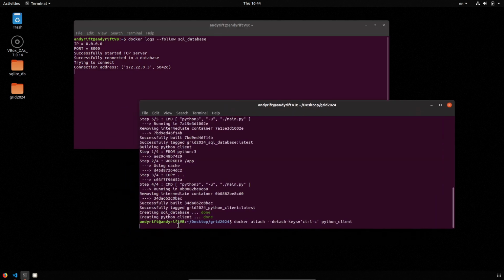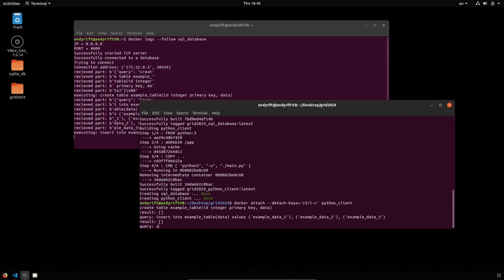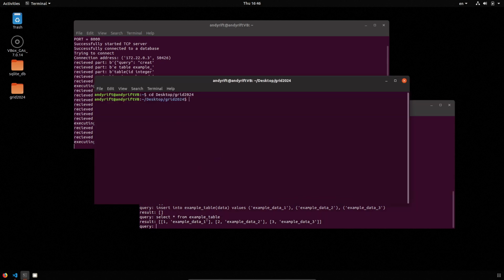First, let's create a table. Now we're going to write some data into this table using insert. And finally we can retrieve it with select to see that the data is actually there. Everything seems to work, and now if we docker compose down the app,